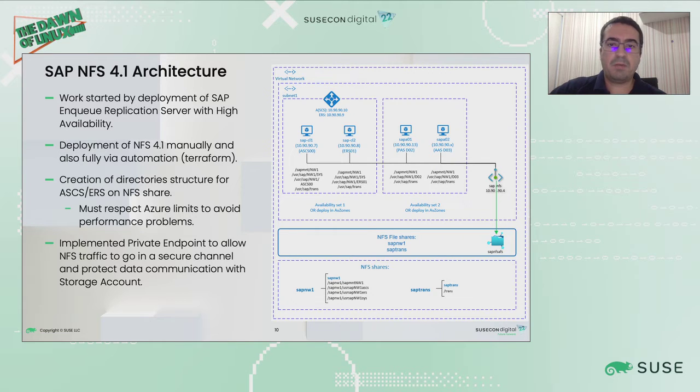We could do this manually, but we have automated the whole process with Terraform so that the storage account can be created by Terraform. All the shares and configurations needed for this storage account to work with NFS 4.1 were done. Also, the possibility of using an existing storage account with specific configuration was tested and validated. We created the directory structures to keep all the information that is going to be used by the iSCSI and ASCS